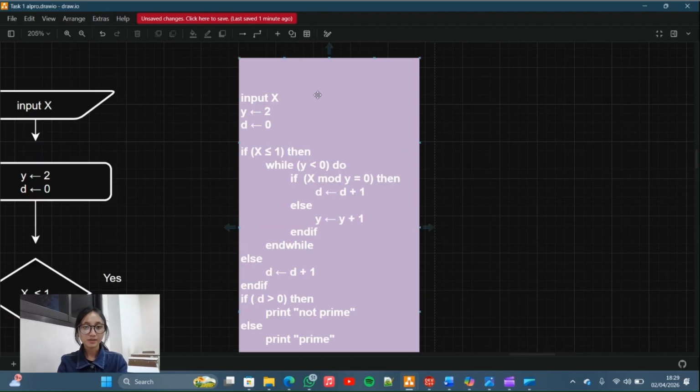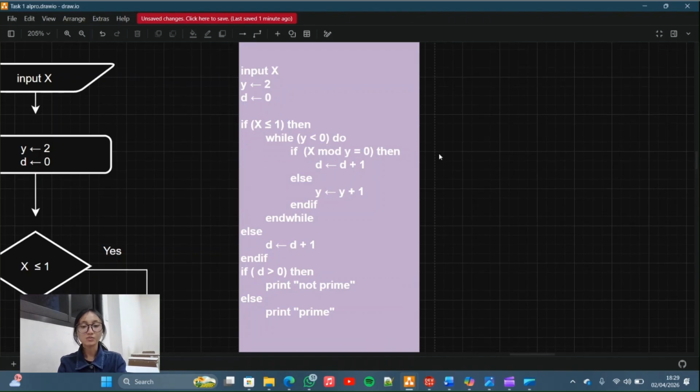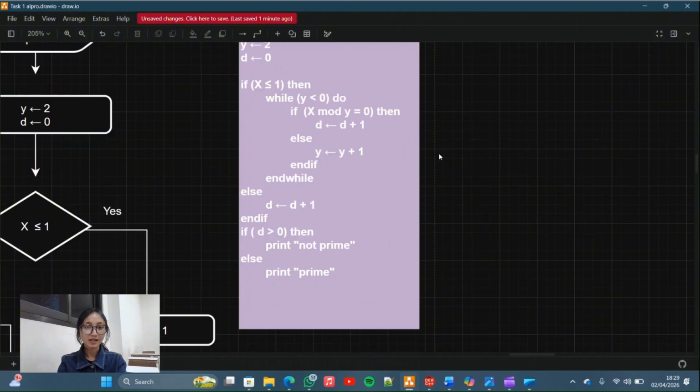First of all, we ask the user to input a number, and then we store 2 to y, we store 0 to d, and then we use a decision: if x is less or equal to 1, then while y is less than 0, do: if x mod y equal to 0, then we store d plus 1 to d, and then else we store y plus 1 to y, and then we end this if, we end the while, and